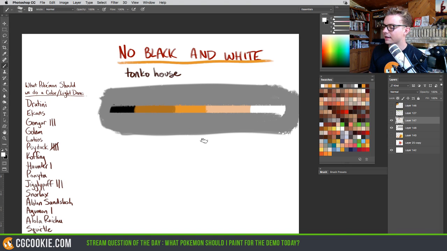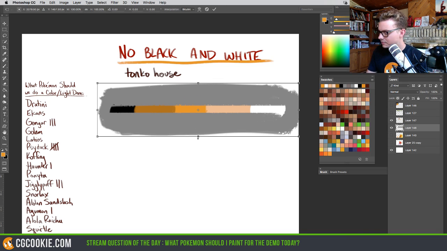Something like that. Now, when it comes to realism, sometimes it looks like this is the right way to go, but I promise you that the more that you throw in some more colors, it almost immediately becomes more interesting. And even in life, it doesn't have just a spectrum of black to white. It really does have a vast mixture of colors that will be influenced by whatever light source that you have lighting your object. So instead, we're going to play off of the fact that I took a picture of Frederick